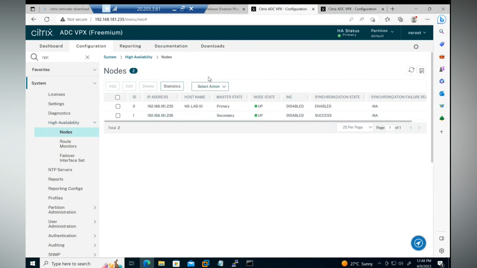Now you need to know how to do the failover. For example, now my primary device is 235. Now I want to fail over to the secondary device. To do the failover, first you need to do the force synchronization. This is very important, otherwise whatever configuration you do on the primary appliance may be missing in the secondary appliance. By doing force synchronization, all the configuration you do on the primary will get replicated to